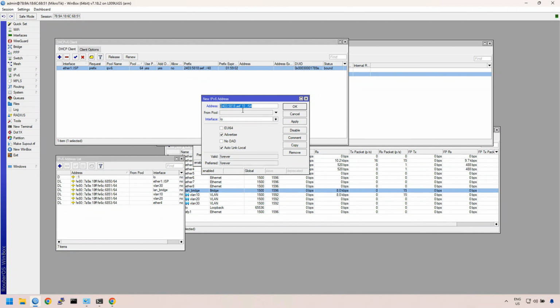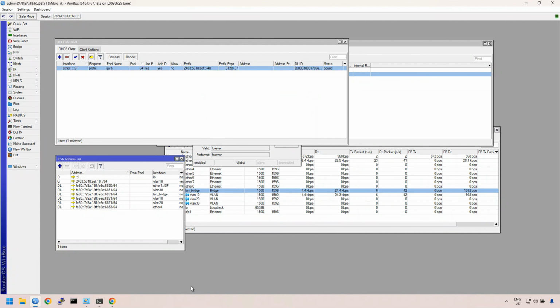So we get a /48. Obviously this is much bigger than a normal one you get from IPv4, but instead of just using these on our WAN side, these are going to be our LAN subnets, so they're all going to be within that same subnet. So when they route out, they get routed back because we're not doing any NATing with IPv6. So this is going to go onto our VLAN 10, much like we did with our IPv4 one. Just make sure advertise is checked. Okay, and then we do the next one,